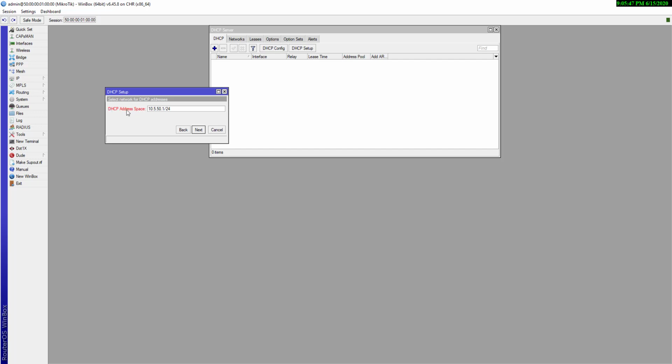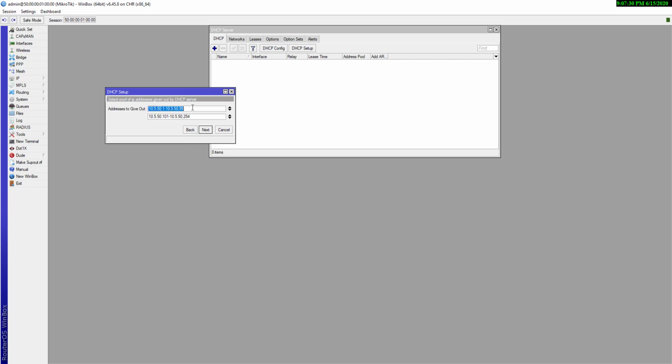It is showing in red color, DHCP server DHCP address space. Okay, if you give the 0 here, it is now blue color. Okay, so just click next, and this is our gateway. It is showing that this is the gateway according to your network. If you want to change your network, you can just modify it. So suppose I am giving the 100 IP address as our gateway, and just click on next. It is showing the DHCP relay is 100, so I am going to disable it. No, I am creating a DHCP server, not a relay.